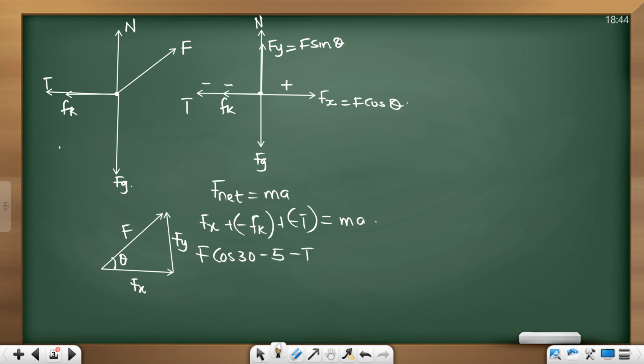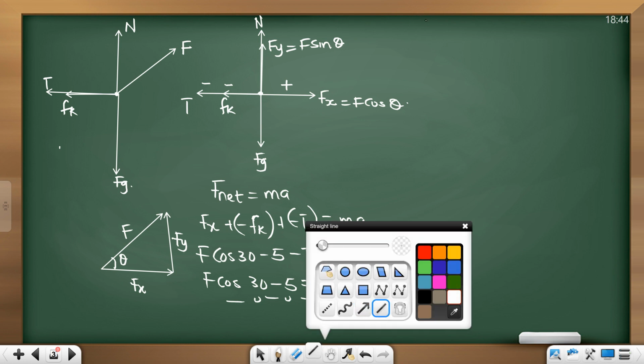But we have a problem. We don't know the tension. Do we know the mass? Also 5. Now, what's the acceleration? 0. Why 0? Constant velocity. So, guys, we are stuck, kind of. F cos 30 minus 5 equals to T. We are stuck. So we've got to go to the second object and try to find out if we can